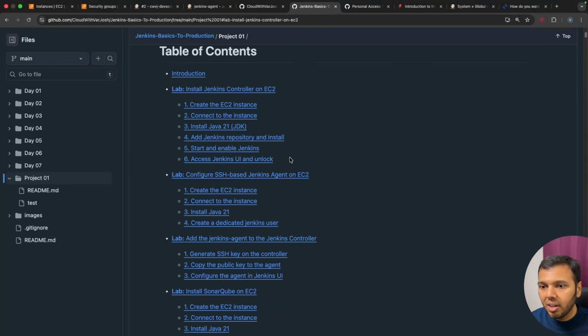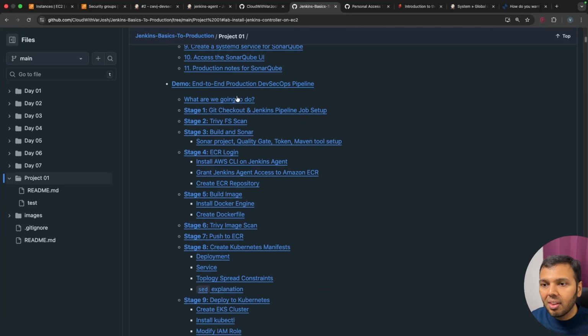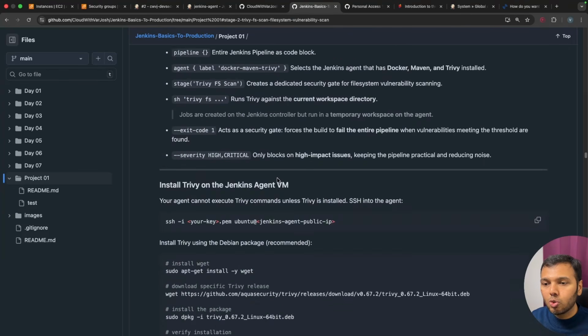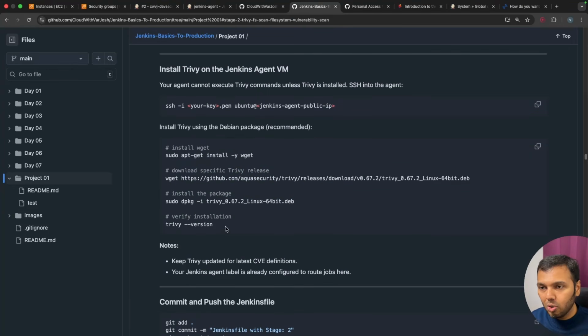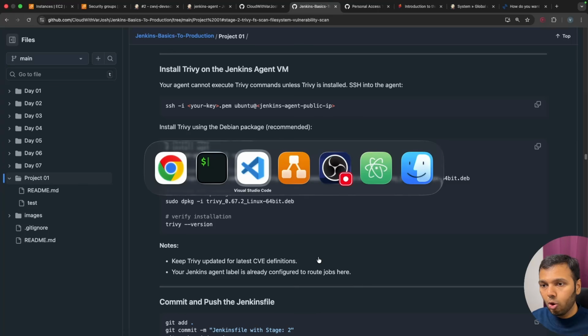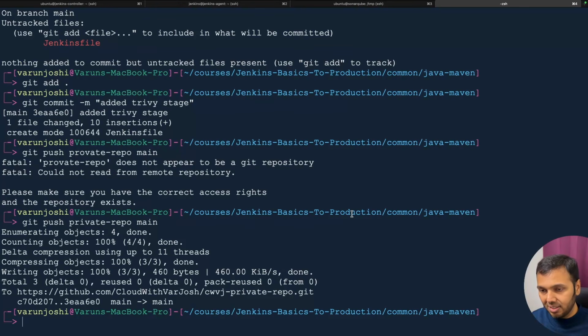So I will go here, and then in this stage, Trivy FS scan, I will scroll down, and this is how you install Trivy. Now you should be logged into your agent VM firstly. So let's install Trivy, and I am installing this in the default path itself. I'll just copy all the commands right now, and this is the version of Trivy that we are installing. If I go to my CLI, I will paste this in my